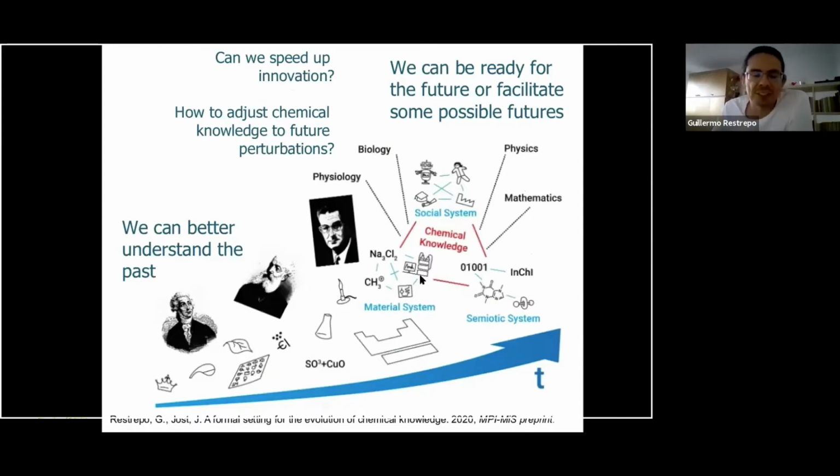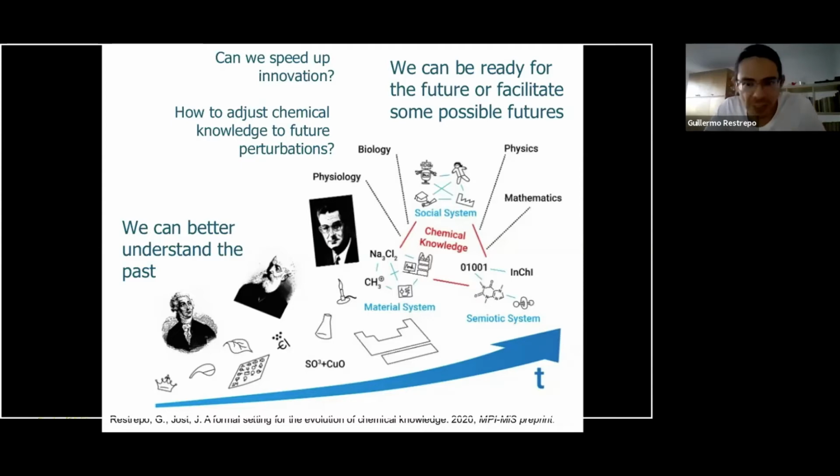What I'm presenting here is not only a program to study the evolution of chemical knowledge. One could also take this as an approach to the history of chemistry, and that's right. With all the data we have from the history of chemistry, we can explore the past and see how the knowledge is evolving. But also, if we are able to find patterns, some regularities in the evolution of chemical knowledge, with some statistical tools, we could even do some estimations about the future of